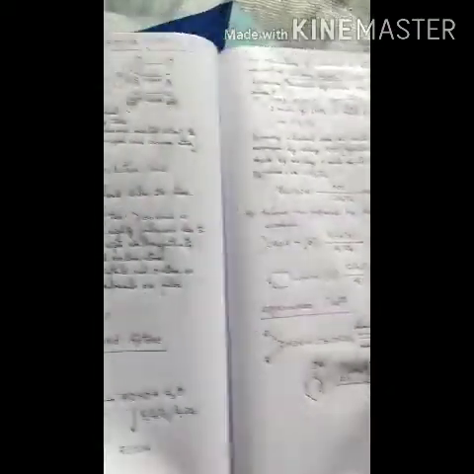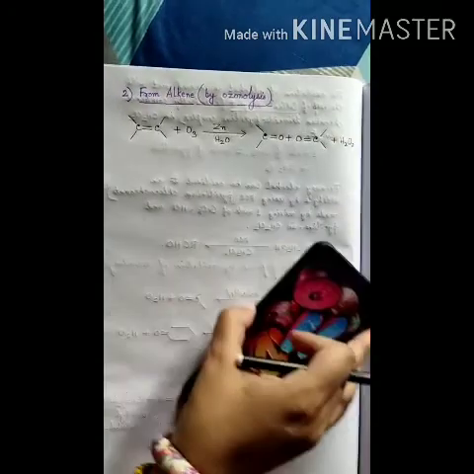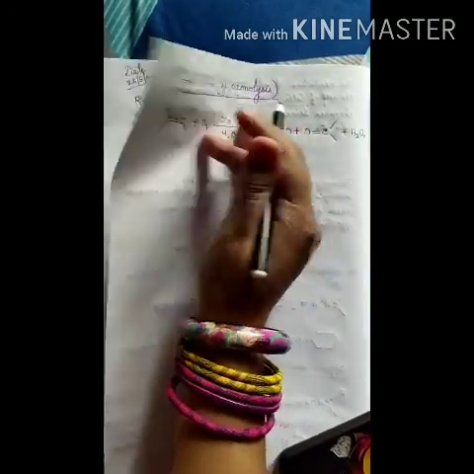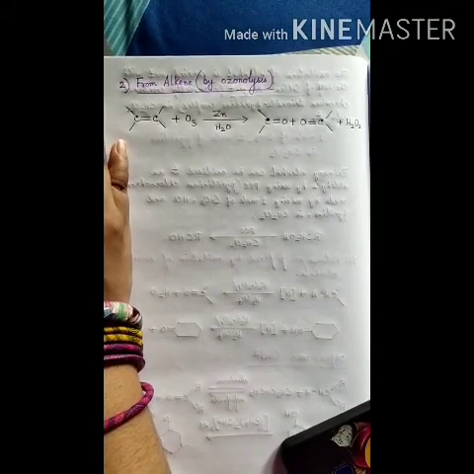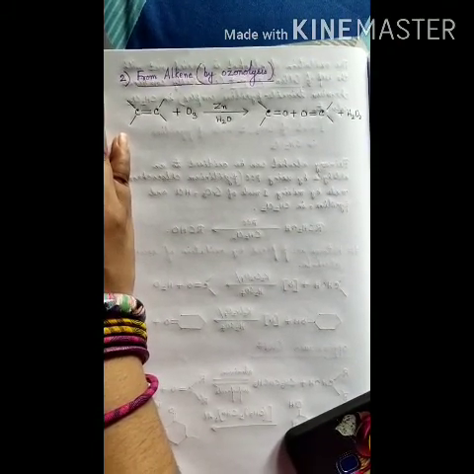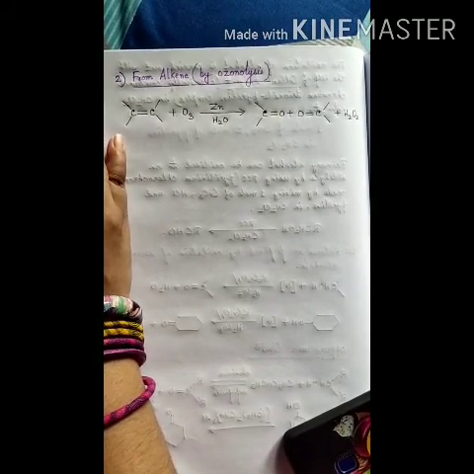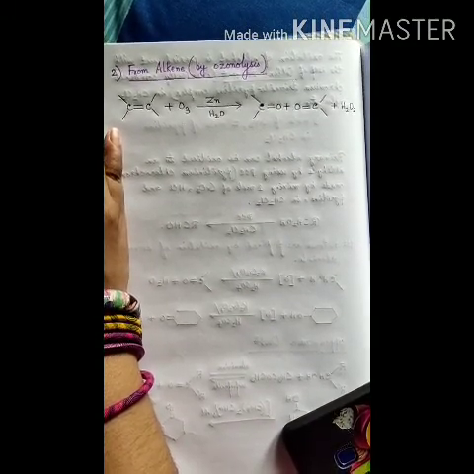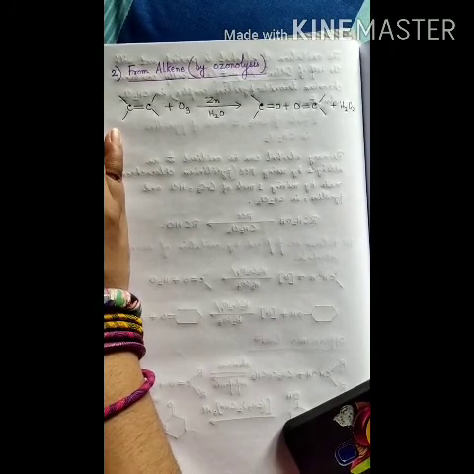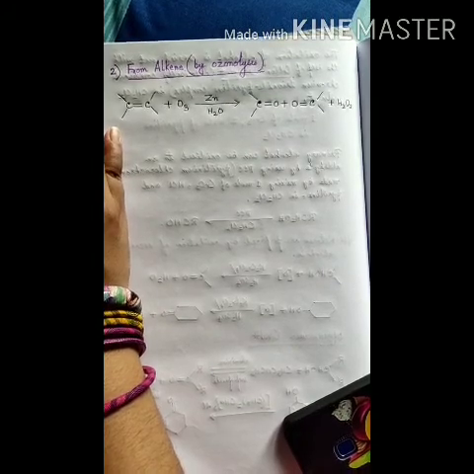Next, I will come to the preparation of aldehyde and ketone from alkene. It's a very important one, and this process we have already done in class 11, ozonolysis of alkene, from which we are getting aldehyde and ketone. The process which we read in class 11 under the topic reaction of alkene, now we will read here under the topic preparation of aldehyde and ketone. Everyone already knows these reactions, because in class 11 I discussed this method several times, and I also told that it's a very important reaction.